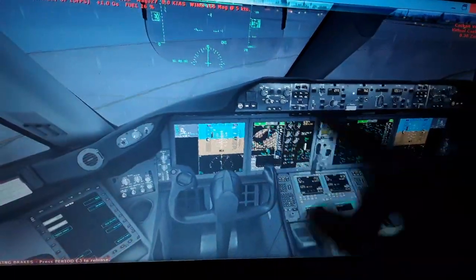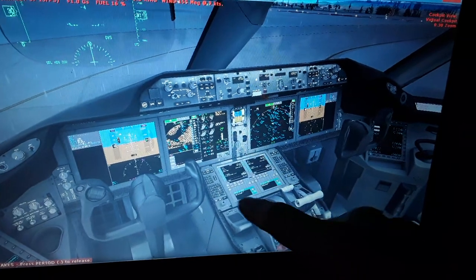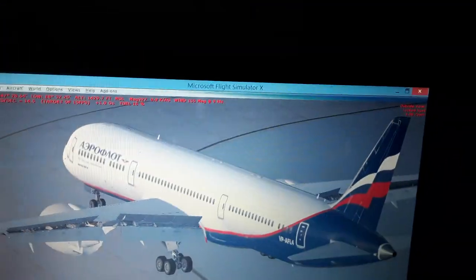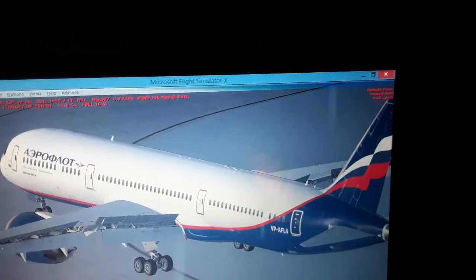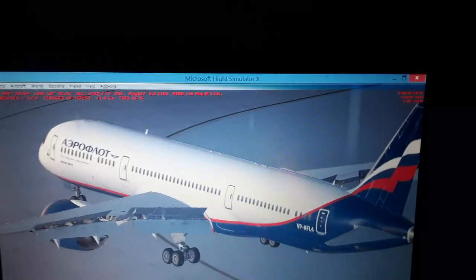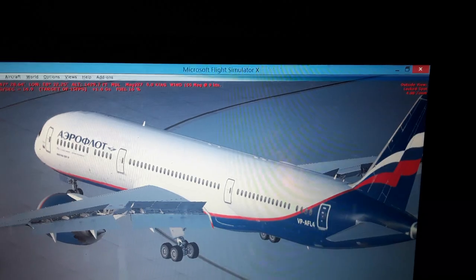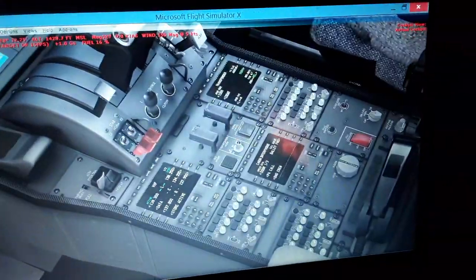The navigation display over here, the autopilot flight director system panel, the flight management computer over here, the mouse pad for the flight management computer, the thrust levers, and the speed brakes. So you will see how I'm gonna use all these things, like the speed brakes over here, the flaps and the slots, and also the stabilizer, the horizontal trim stabilizer